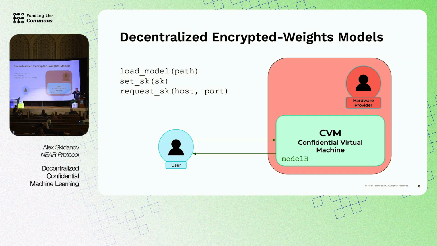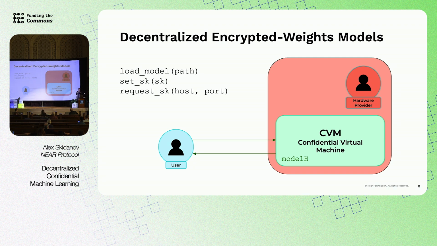And then you design the virtual machine in such a way that any two of them can connect to each other, established through Intel that they can trust each other, and then the one that has the secret key will give it to another, right? And so in this case, for as long as I know any person in the world who already has the secret key inside of their machine, I can connect to them, get it to mine, and I can get to use the model, but nobody ever will see the secret key besides myself, besides the original creator. Nobody will see the secret key outside of the TE, and they will never be able to decrypt the model,